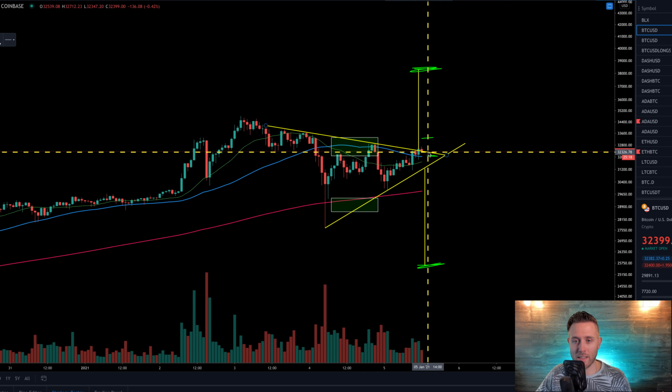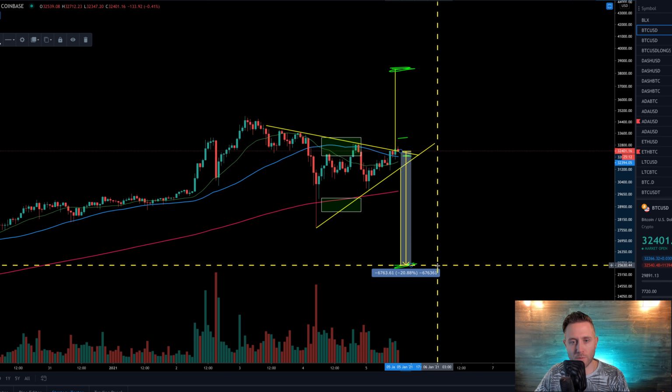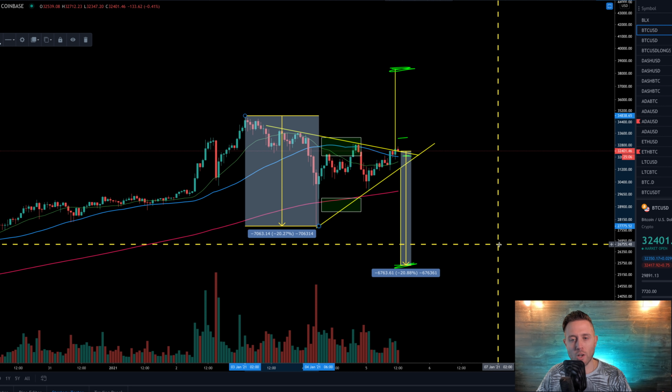To put context to that, it sounds like a lot, right? But it is around a 20% dip. Very, very commonplace for Bitcoin. If you just look from this swing high to this swing low, 20% dip. 20% dips happen in hours now, so be ready for them. However,